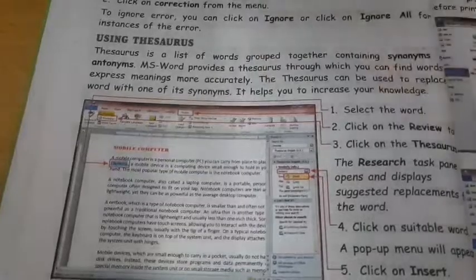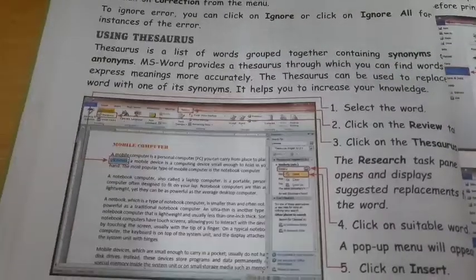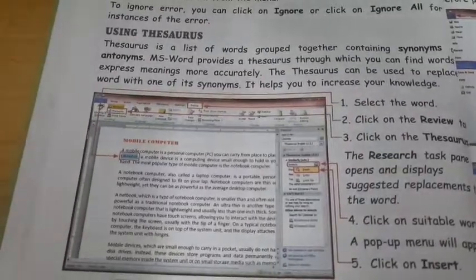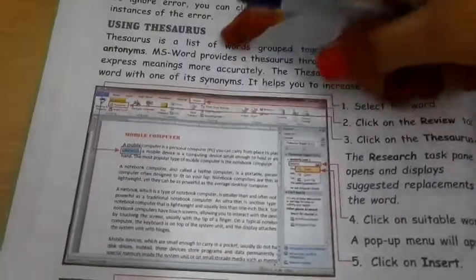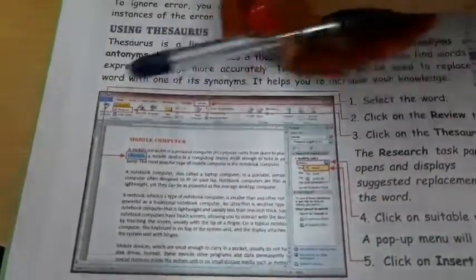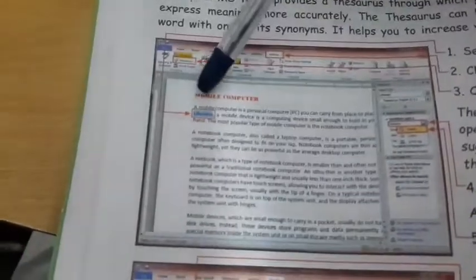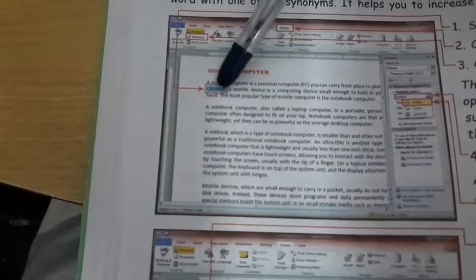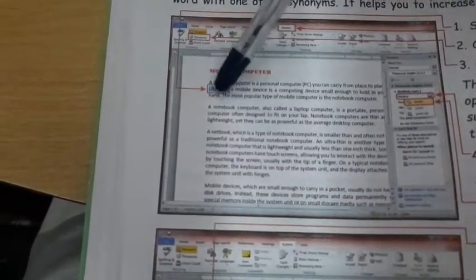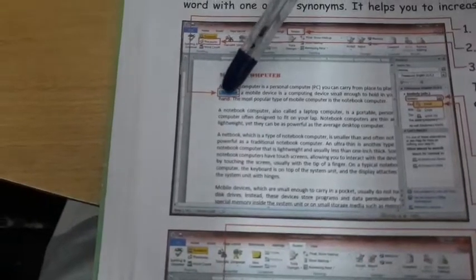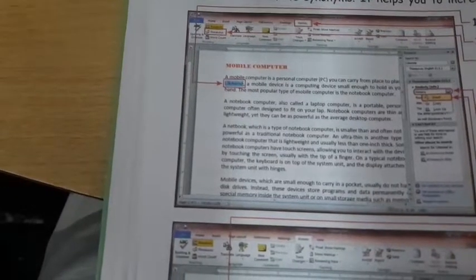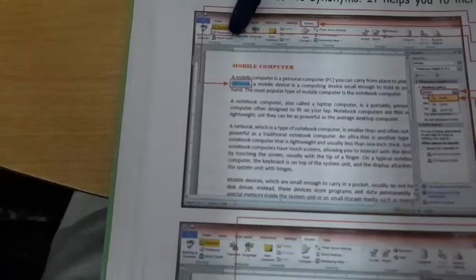Okay, so Word will give you this feature also. Suppose you're writing some document and you want more words for the same one word. So you can use this option. Suppose right now you can see here in your books, they have selected a word. You do not want to use this word, you want a different word which is similar, the meaning should be the same. So first select the word for which you want the synonyms, then you will click on the Review tab. You already know where the Review tab is. Then you will click on Thesaurus.